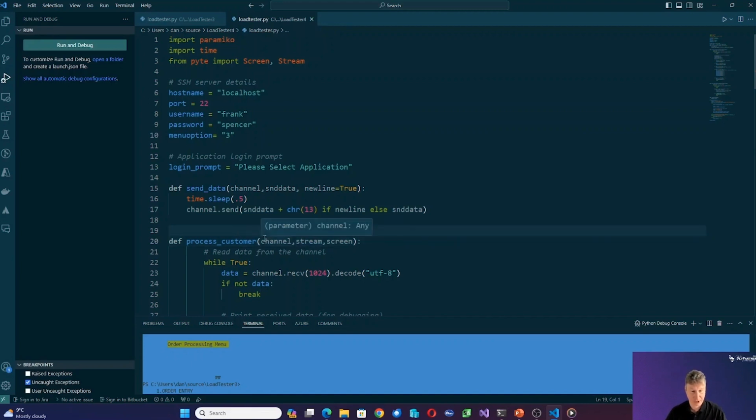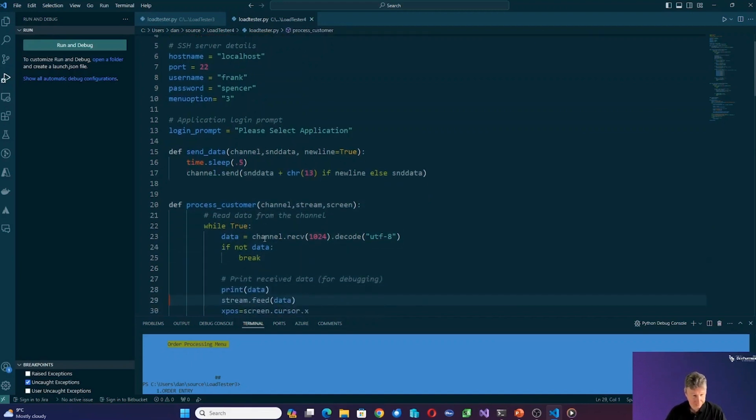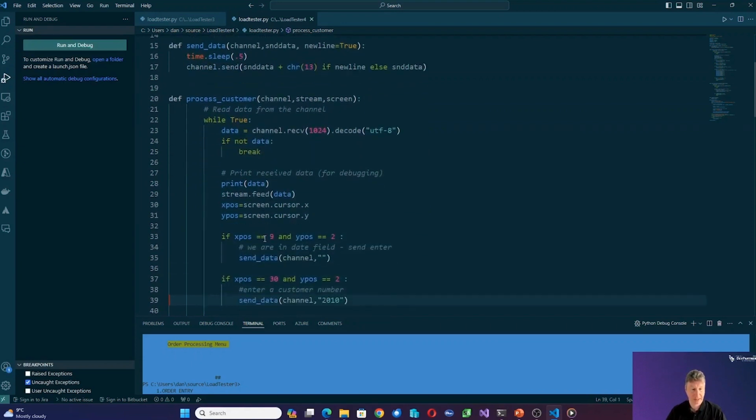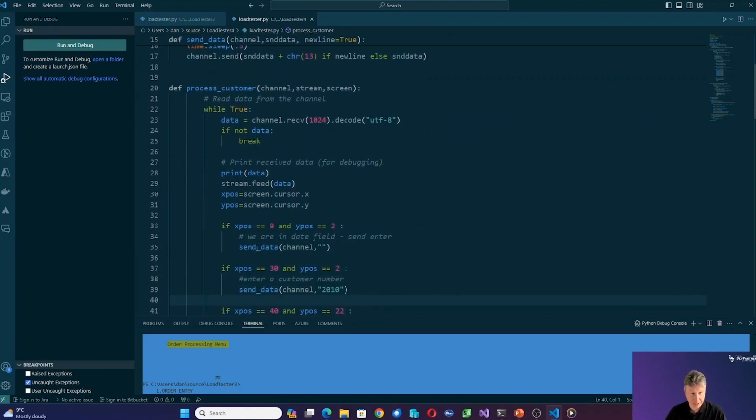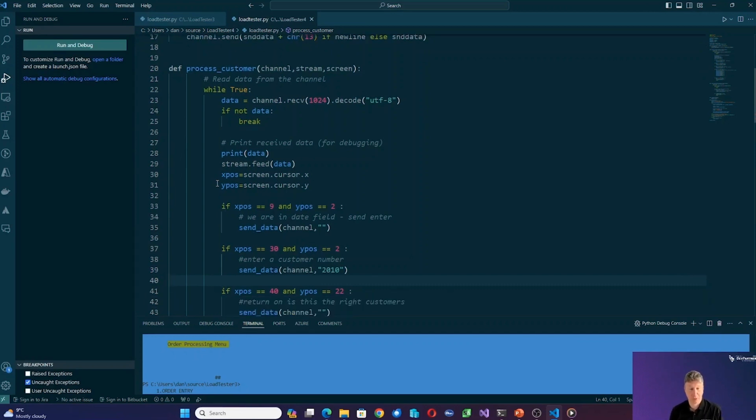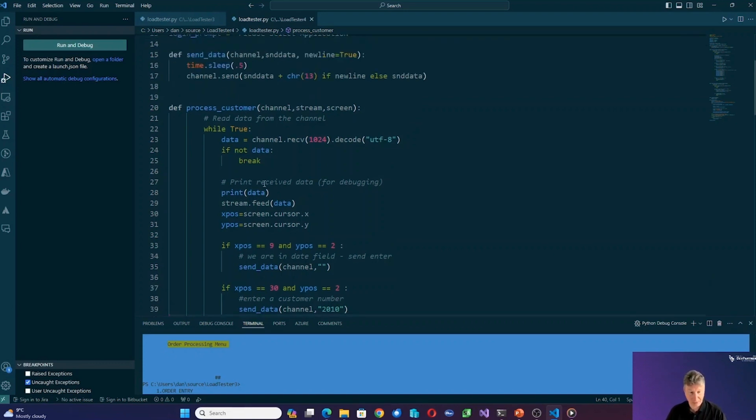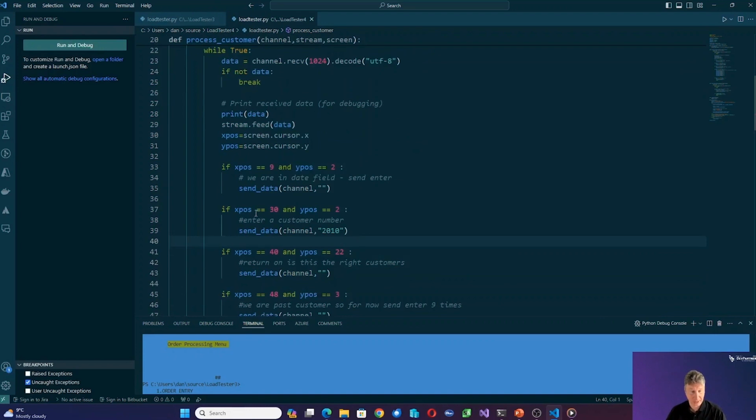Then I've added a function for actually processing the customer part of the data. So within here, it's based on the previous code that ChatGPT gave me, but now I'm doing things like getting the cursor position from the terminal stream, which is great now because this is how we can check where we are within the software. So I've gone through, I've looked at the cursor position. So if we're in 9,2, then we're in the date field. So we just send a return. We call the send data function to just send an enter to get a date. Then we move along and we're going to be at 30:2. So we're going to send a customer number, etc.,